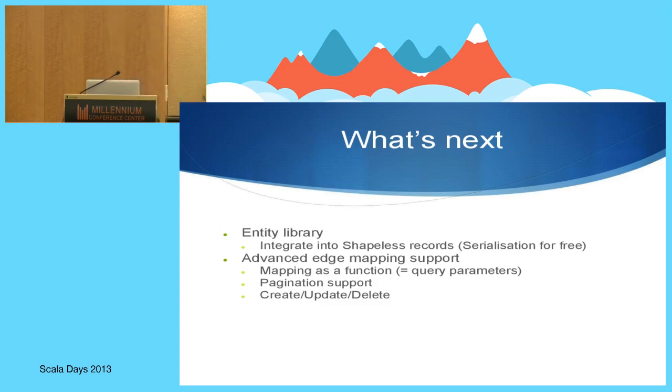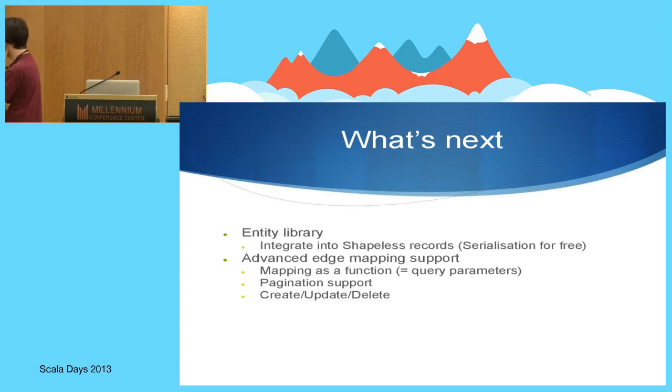Some next steps as well: it would be very interesting to try to port everything down in the entity library directly into Shapeless. One of the main advantages of doing so is that by using the Shapeless record system, we could get serialization for free. Maybe some of us saw the Pickler talk today. What you can do with Shapeless is similar to the Pickler: you have reflection-free serialization. So the HList of fields, which is the entity, could be serialized without reflection, which is quite cool, I think.